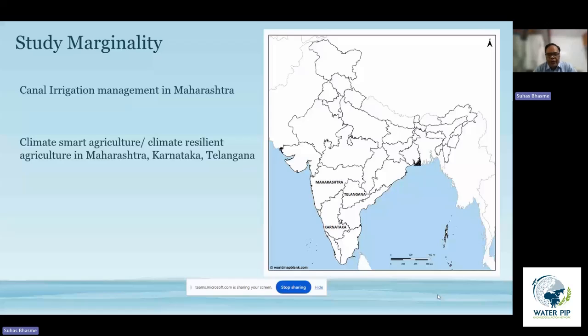And I also did work in terms of the way the climate smart or climate resilient approach has been adopted in this particular state in terms of small landholding participation, but also in terms of the water conservation methods that have been argued in this particular approach.